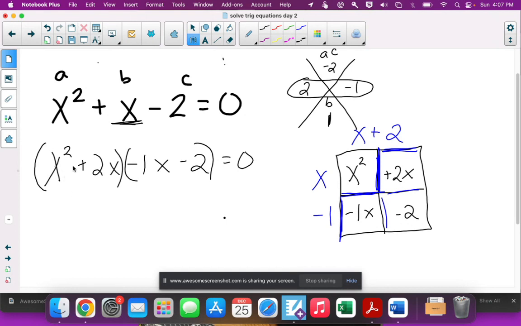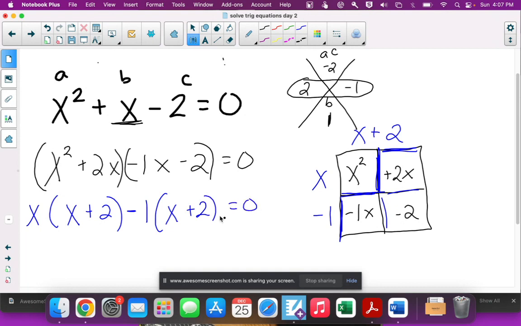If you did the grouping method, again, you're going to get the same answer. You're taking out the GCF of both sets of parentheses. So what's common between x squared and 2x is just an x. And if you take that out, think about like the distributive model, what would you have to multiply to get back to x squared plus 2x would be x plus 2. Okay, and then you look at the next parentheses, what does -1x and -2 have in common? All they have in common is a -1 because they're both negative. And again, distributive model, what would you have to multiply by to get back to it would be x plus